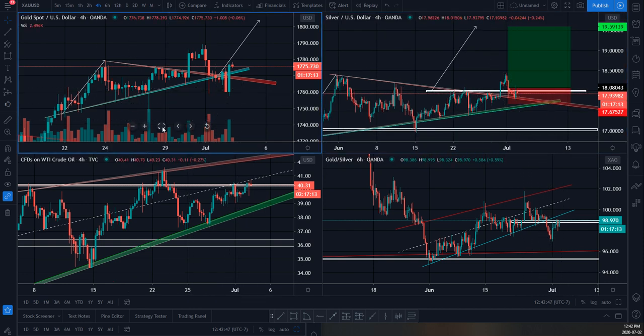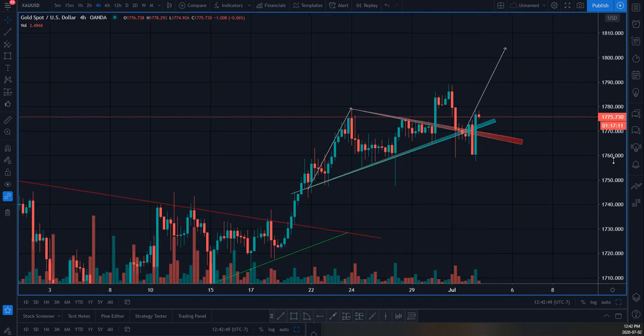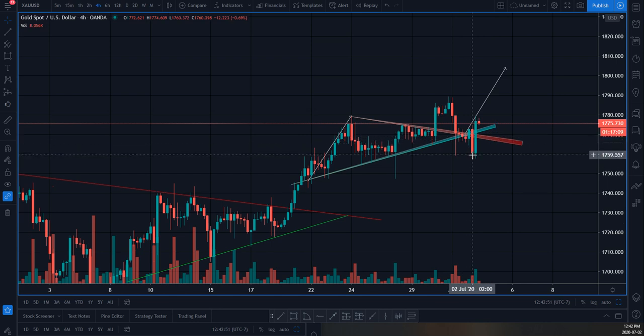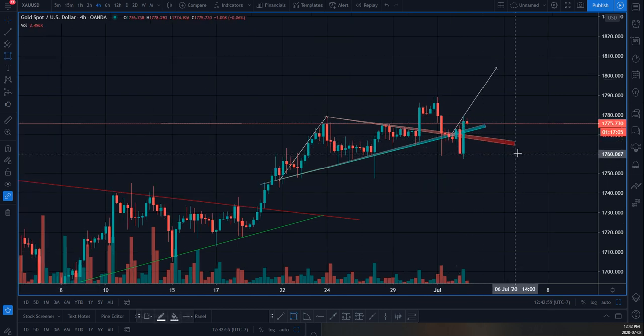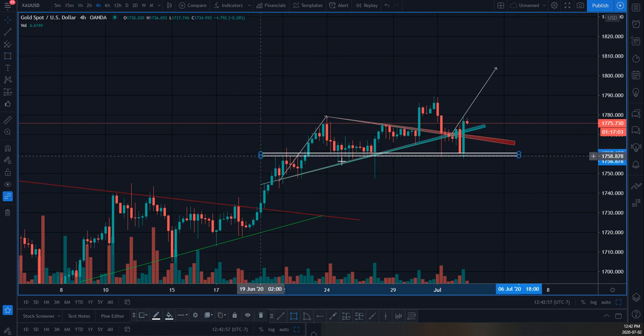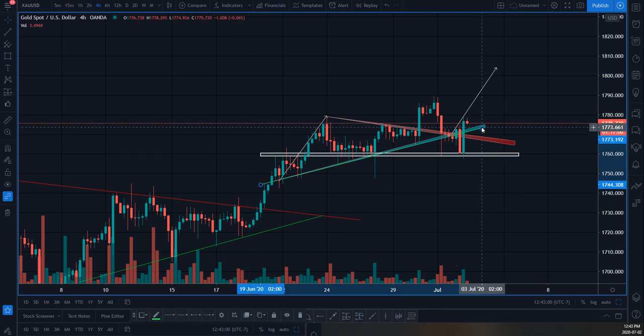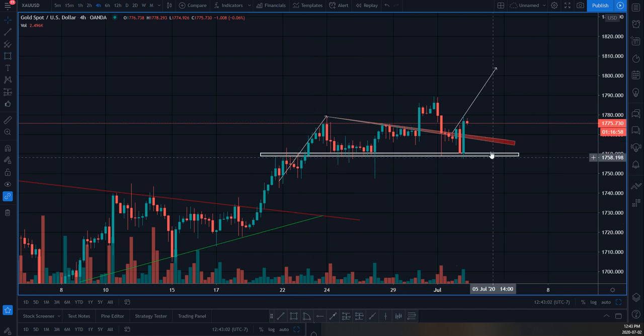And then gold looks definitely less ideal. The fact that we broke way below the zone, pumped right back up. We are holding this nice support zone right here, so it does look like we could still be in play. Let's just delete this zone. So at this point in time,